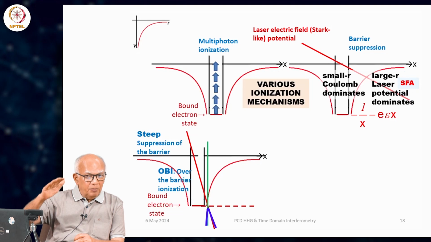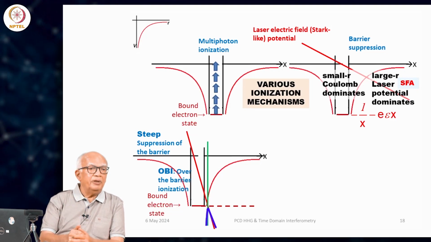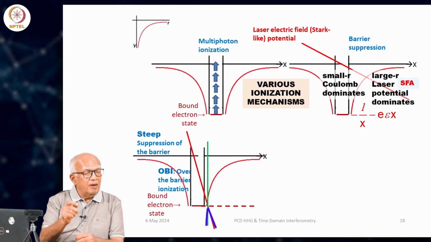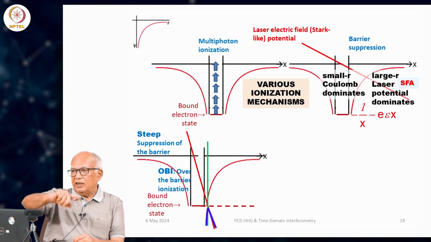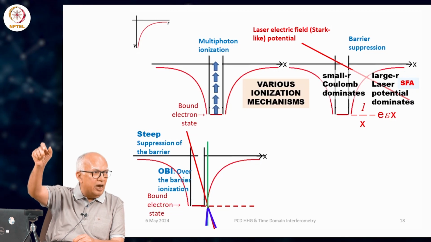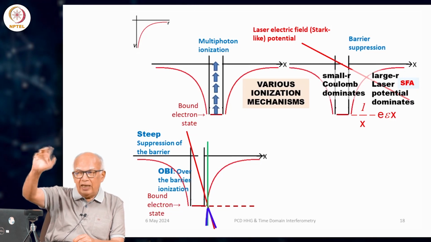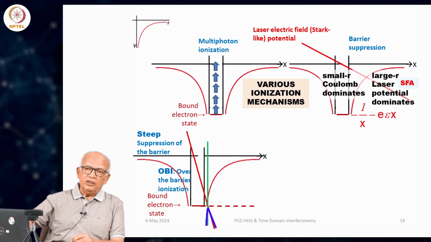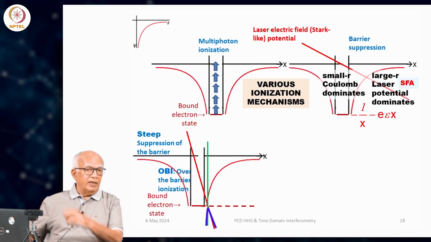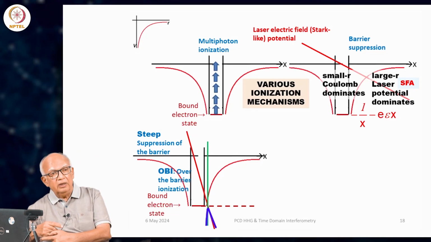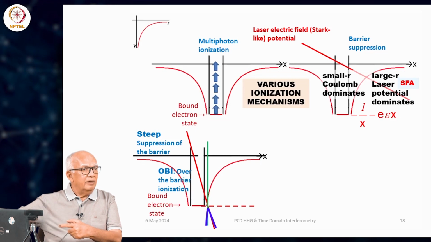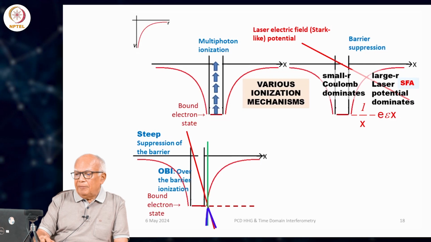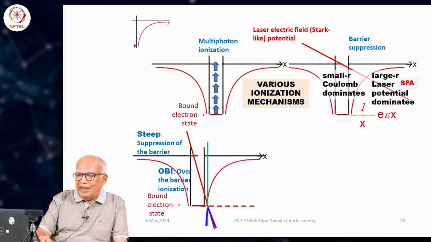So, if it has not suppressed the barrier sufficiently, what is going to happen? The electron obviously cannot escape. Okay, it can escape only when it is at the sinusoidal maximum in that very narrow time gap, and then it is immediately going to come down. Not only come down, it will hit 0 and go to the negative maximum and then reverse the sign of interaction between the laser and the electron, right. So, many things are happening over here, and if it is slightly less than this,